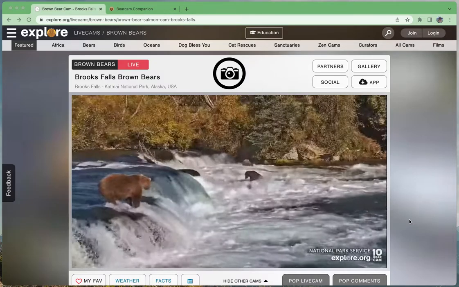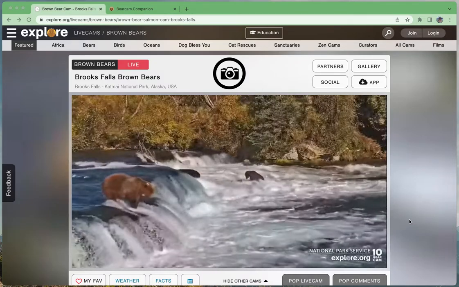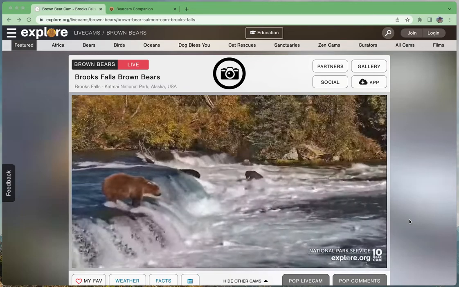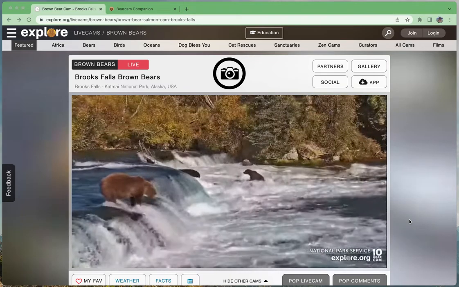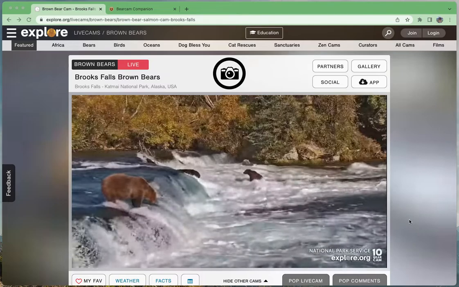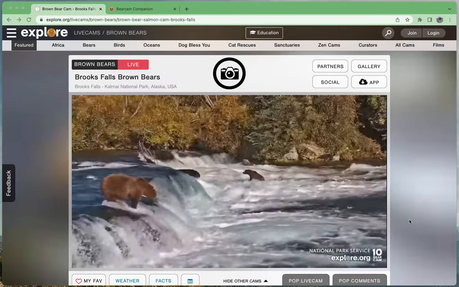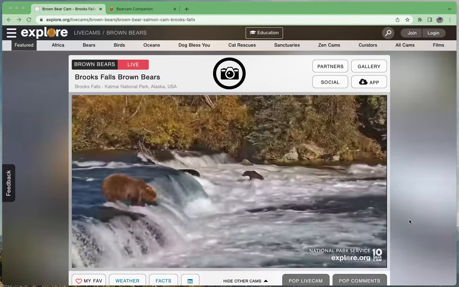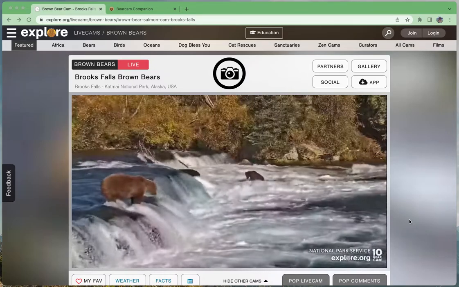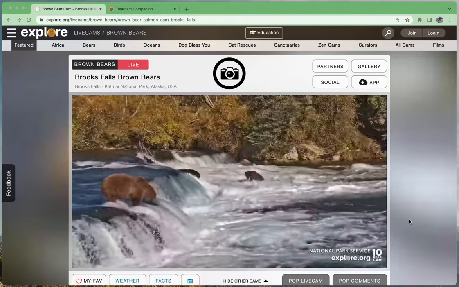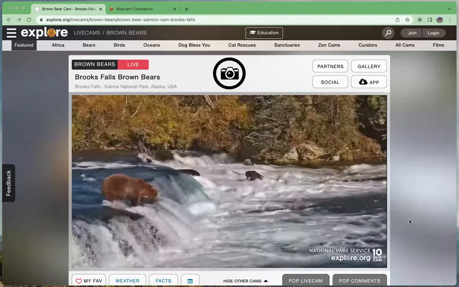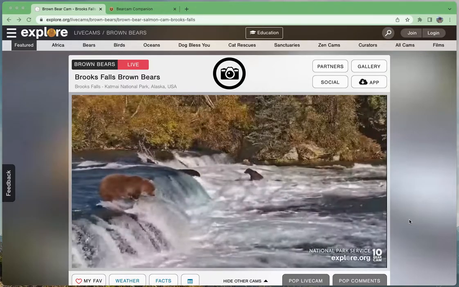The Bearcam companion application is meant to be a companion to the explore.org Bearcams. The idea is to augment the Bearcam viewing experience by helping users identify the individual bears that are currently on the camera. If you're not familiar with the explore.org Bearcam, you can go to